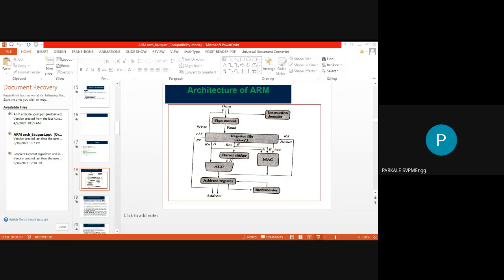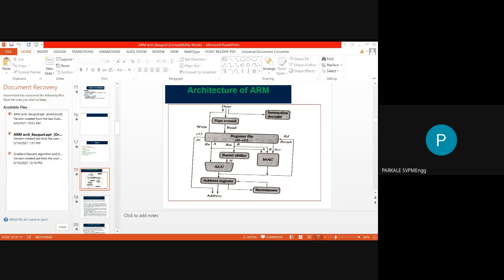Now this is over, the use of the sign extend hardware. We have also seen the instruction decoder. The sign extend hardware is used to convert any data that is not in the proper 32-bit format into the proper 32-bit format, because ARM7 is a 32-bit processor. Now this data you have to store in some registers.